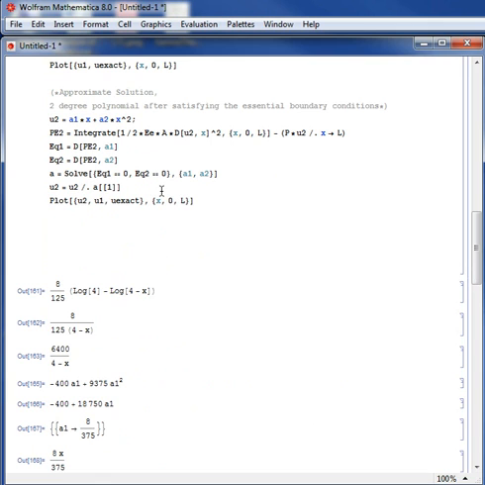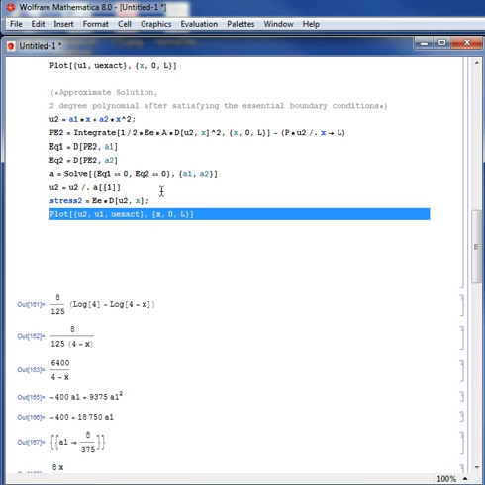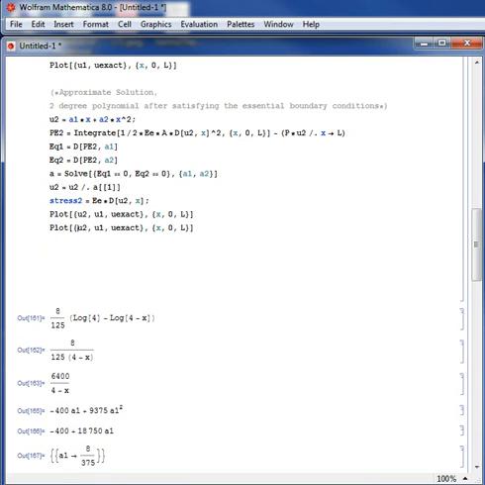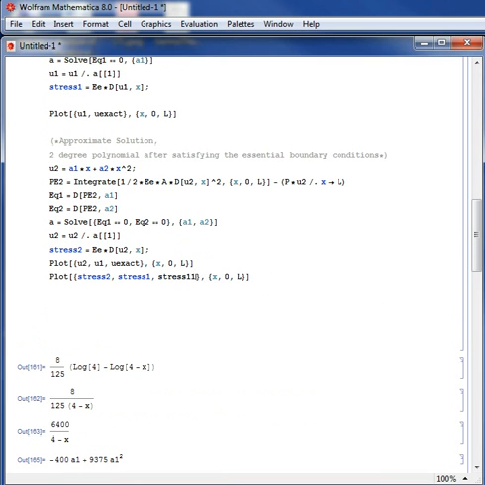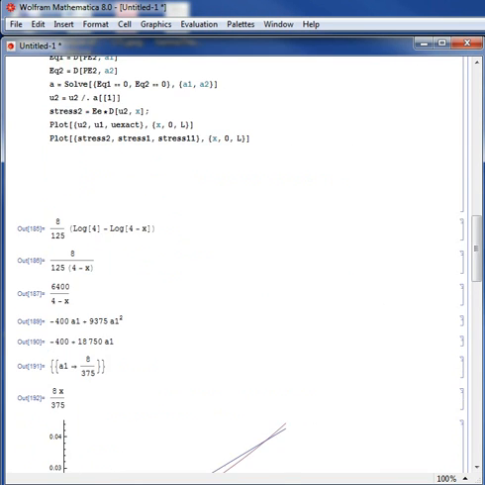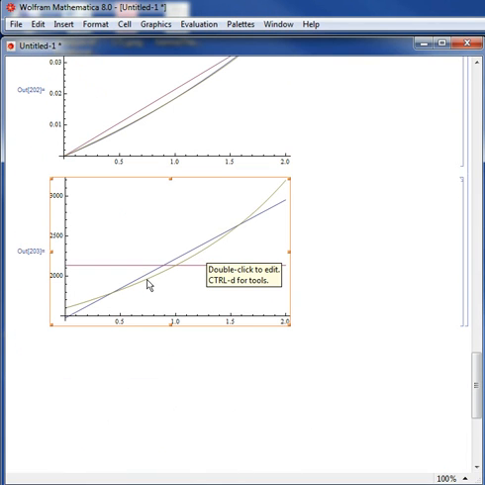And the stress 2 is equal to E, Young's modulus, multiplied by the strain, which is du2 with respect to x. And let's plot the exact stress, stress 2, stress 1, and the exact stress, which we called stress 1, 1. Shift enter, and you can see this is the exact stress,